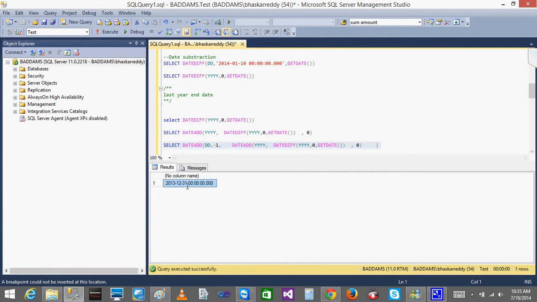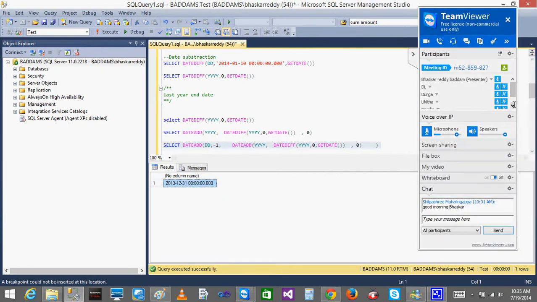How are you going to do it? Please do it. You can easily get the last month start date. But yeah, please mute your microphones. I'm getting some echo. Please check whether your microphones are muted or unmuted. I can still hear some echo sounds. Hello? Yeah, still I can hear. Please, I'll check it. Who is that? Hello? Yeah, now I can.